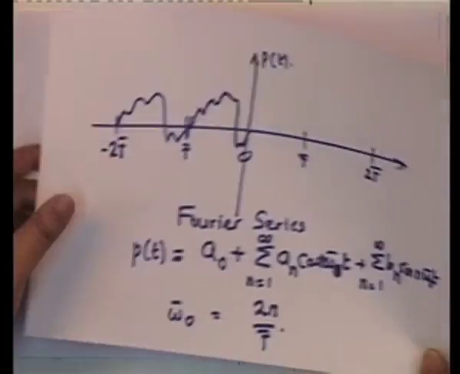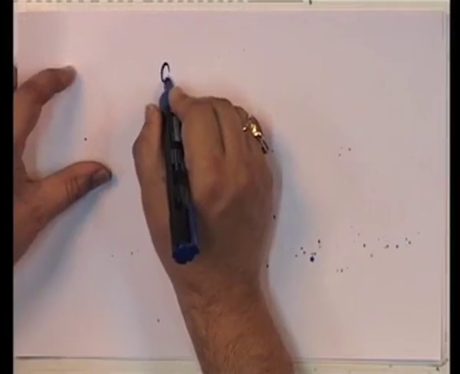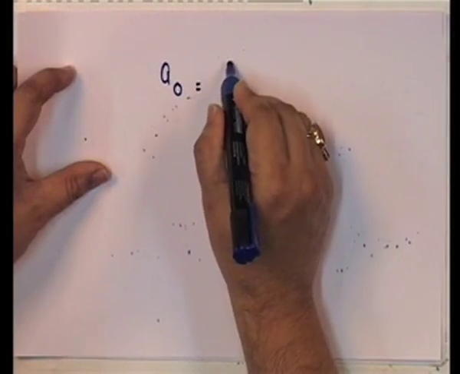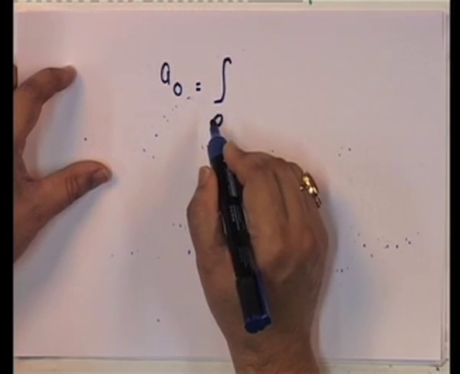And of course, we need to know what A 0, A n and B n are. Those have to be defined, and A 0 is equal to